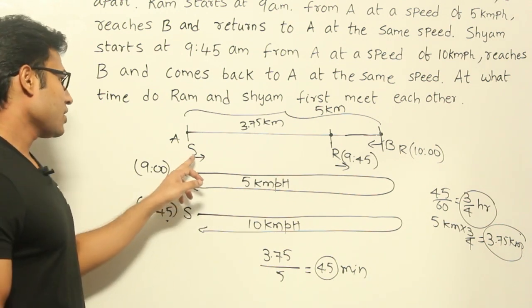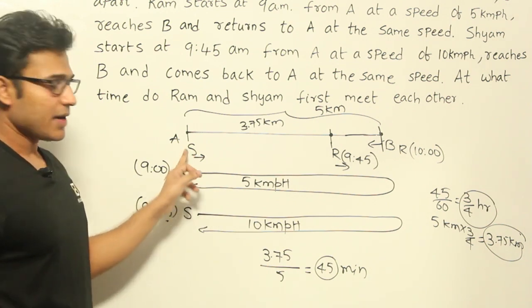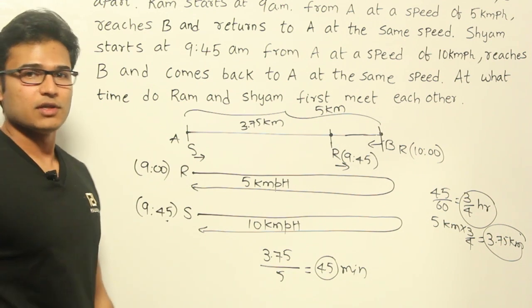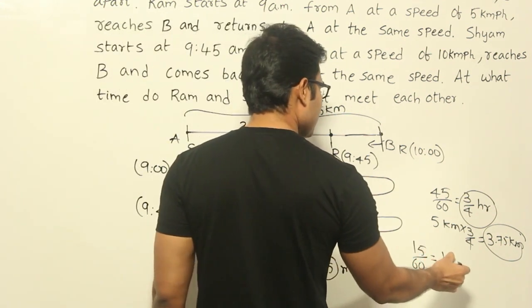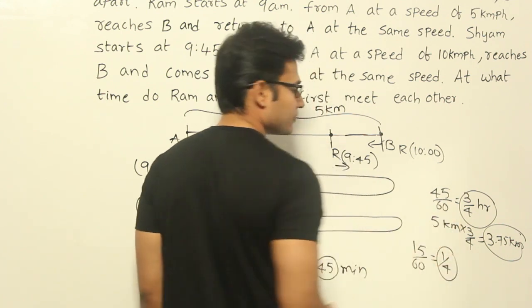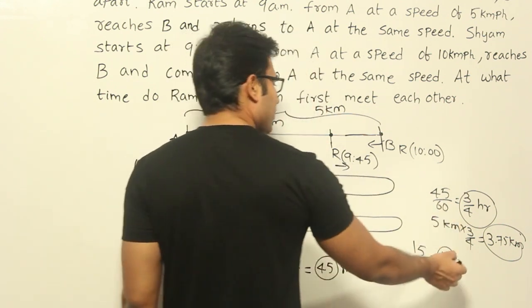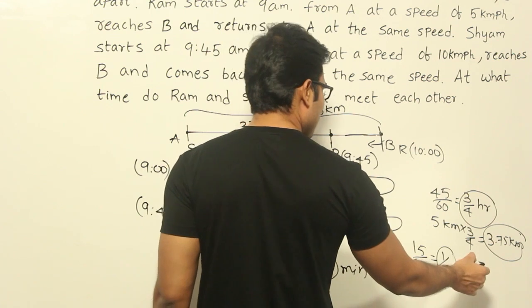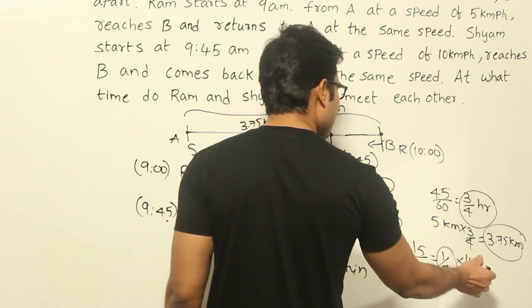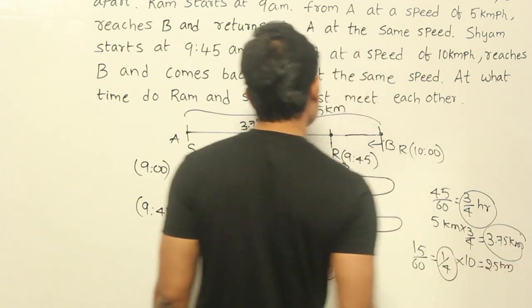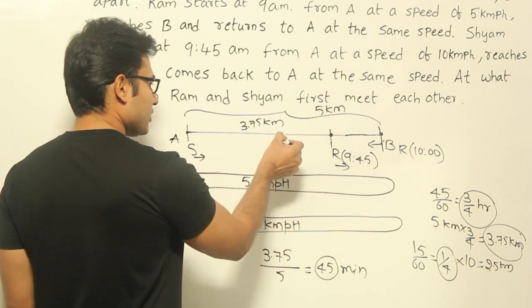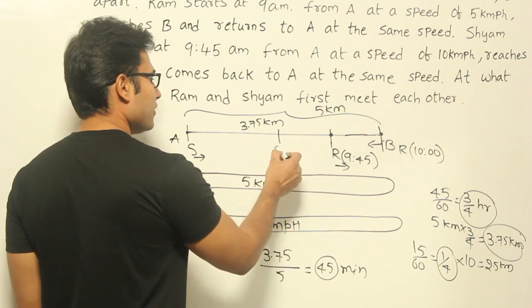If Shyam started at 9:45, by 10 o'clock he would have traveled for 15 minutes. So 15 minutes is nothing but 15 by 60 hours, which means 1 by 4 hours, right? And if he is traveling for 1 by 4 hours at a speed of 10 kilometers per hour, he would have covered 2.5 kilometers, right? Which means at 10 a.m. Shyam will be exactly halfway,